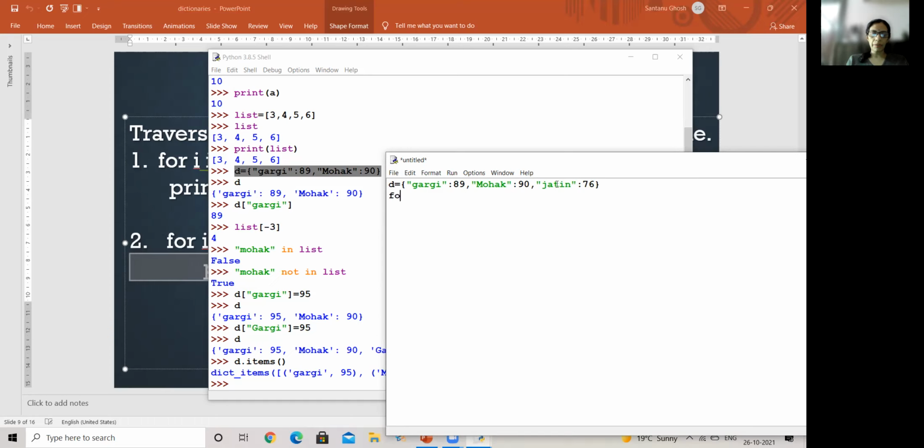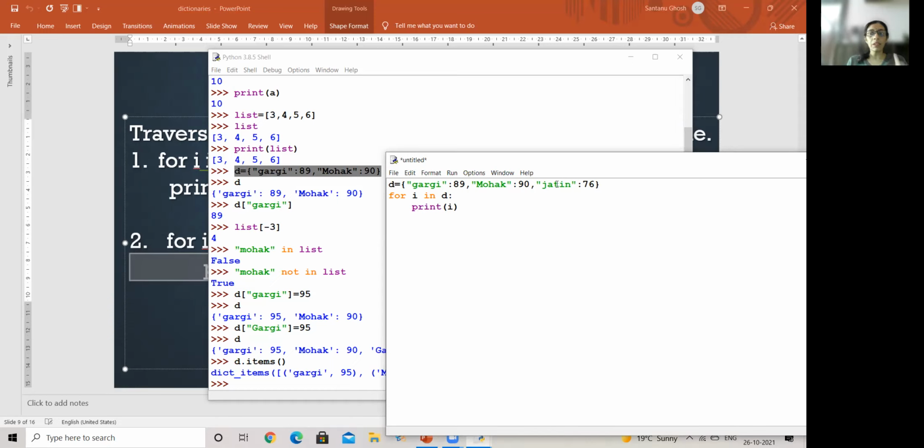Now I'm saying for I in D. I'm not using items here. First I'm using the basic pattern. Print I. This gives you the flexibility to do something of your own also while printing. Rather than directly printing by giving the name of the dictionary, we'll just give the data altogether. There you get a flexibility to format it, to add some of your own elements, to check something, all that you could do, right? So here I'm saying, suppose, print I.